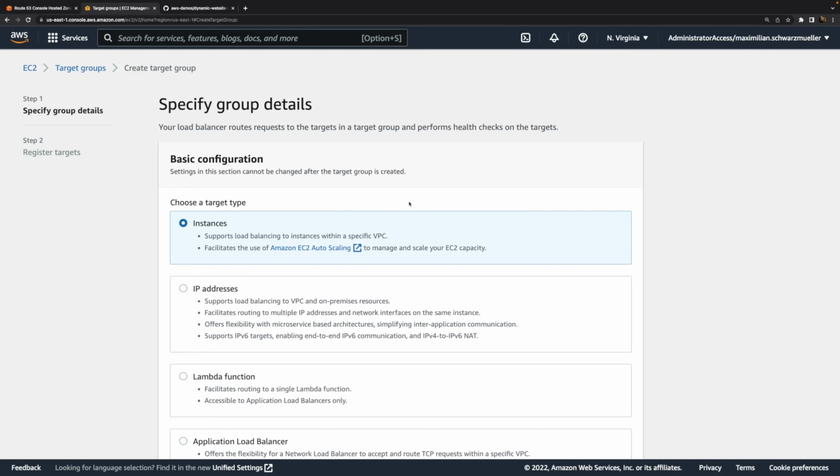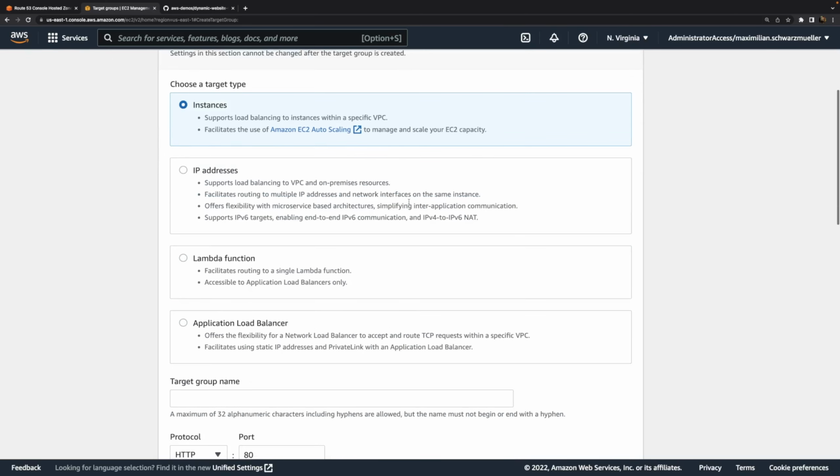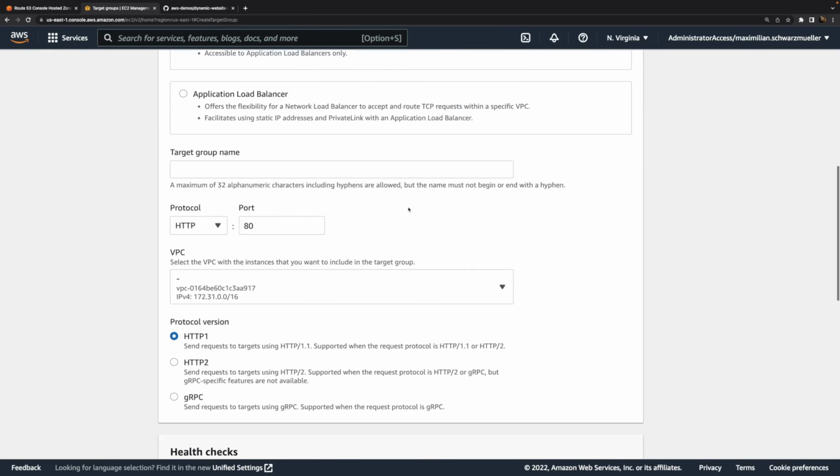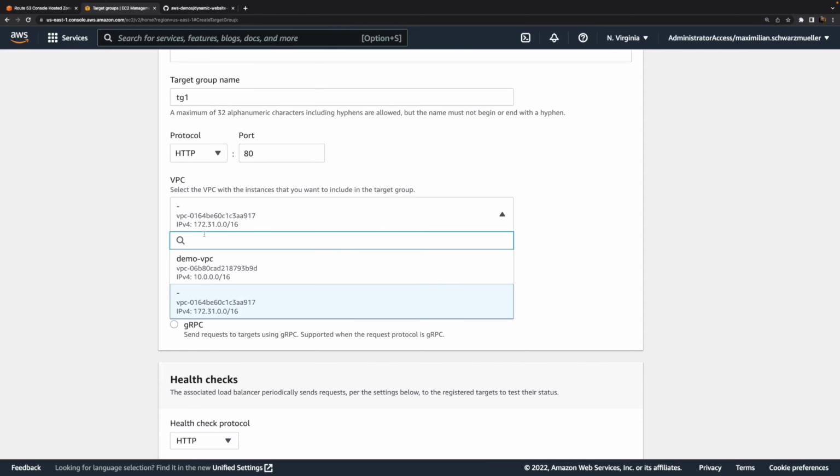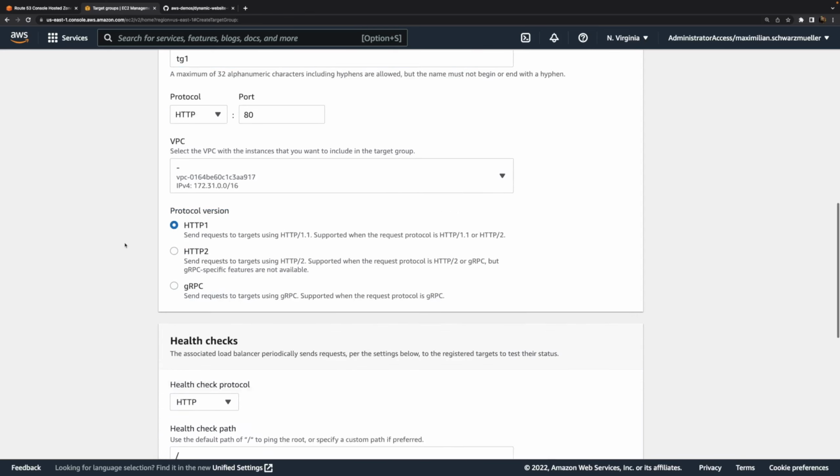Of course, that might not make too much sense, but as mentioned, this is just a demo. For a real web server, you would typically have multiple instances, possibly because you're also using auto-scaling. Now, when creating a new target group from scratch, we have to choose what our targets are, and here in this case, we'll have instances as targets. I'll give this target group a name of TG1. Then the requests will be sent to port 80 because that's the port on which I'm listening on those instances. I select my VPC that holds those instances.